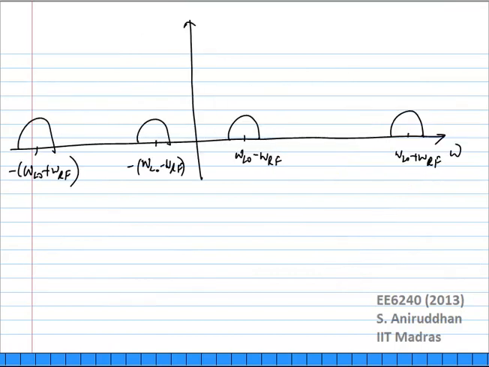Now the way I have drawn it, what does it assume? It assumes LO is greater than RF. That is the assumption. What happens if LO is less than RF? If LO was less than RF, these two will just get shifted, so you will get something like an inversion in the frequency domain for the signal. Right now I have shown symmetric signals. If I had shown the signal one-sided,